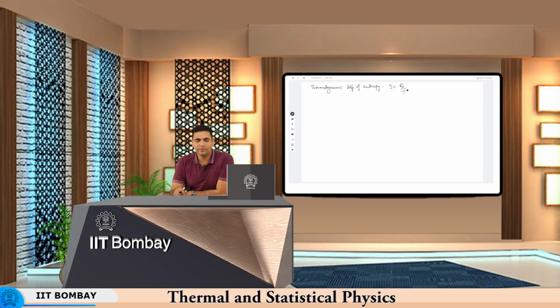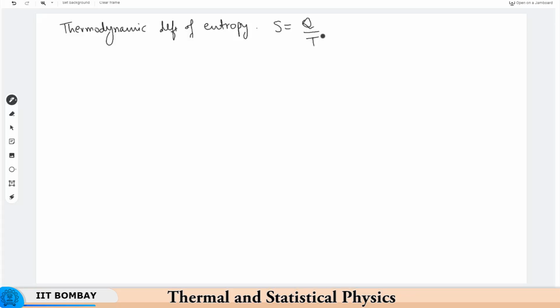And we got excited about it because we realized that in a Carnot cycle the ratio of heat exchange divided by the temperature also remains a conserved quantity over a complete reversible cycle, right. We also looked at another thermodynamic quantity, for example internal energy, that also remains conserved. So since this is also conserved, this ratio of heat by temperature is also a thermodynamic variable, it is a state function. And we realized that this must be very useful to consider in all thermodynamic processes, right.